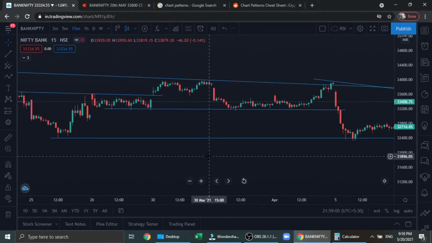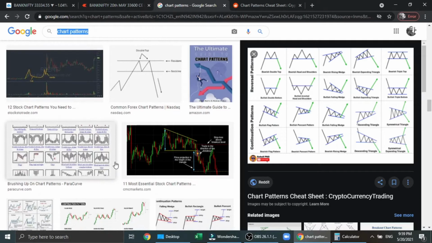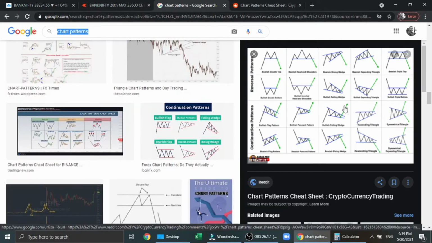Before that, we'll try to understand how many types of chart patterns are in the market. Let's look at them. If you Google chart patterns, you'll get many types. Among them, these are some examples. These are the ways that chart patterns can occur. It doesn't matter whether you remember the pattern name or not. It only matters how to draw these patterns. If you observe all the chart patterns, these are nothing but connecting higher swings and lower swings. That's only the pattern.